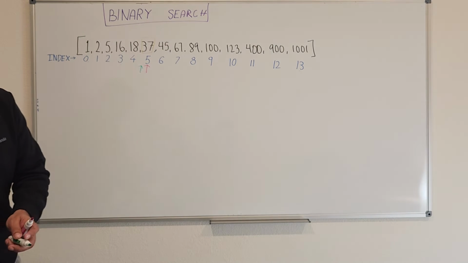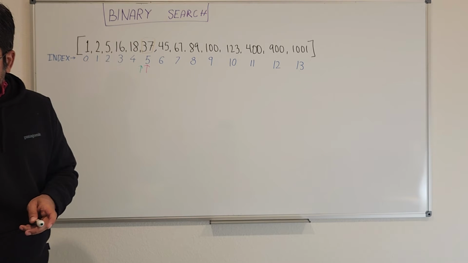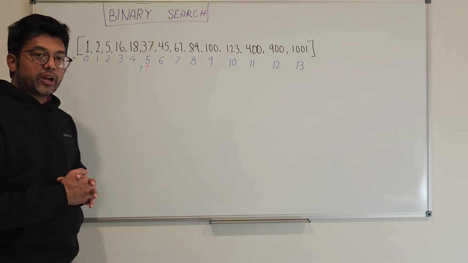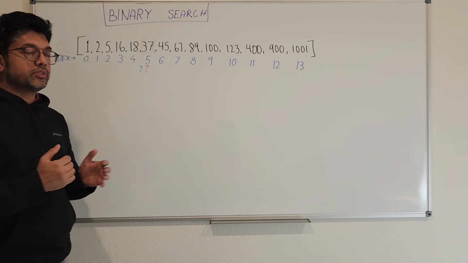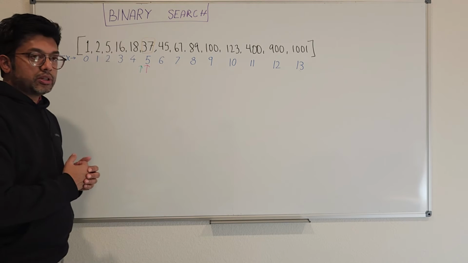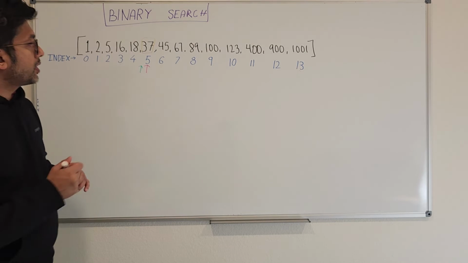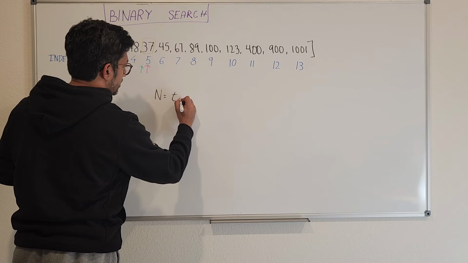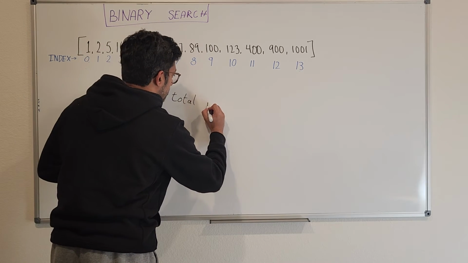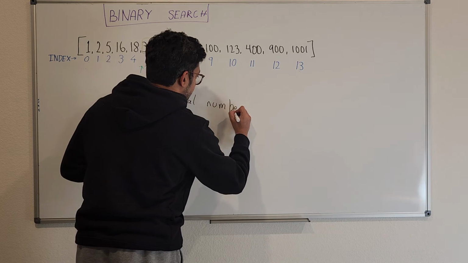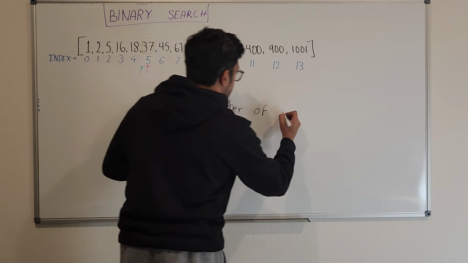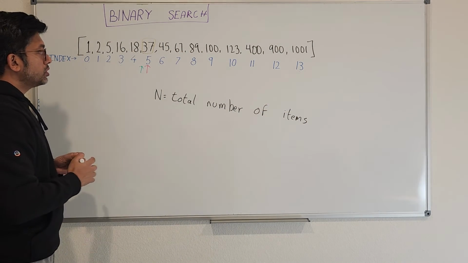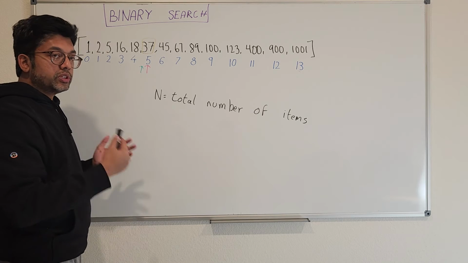So if you're preparing for an interview, they will always ask you about big O of n. So big O is basically the total number of items you have to touch, compared to the size of the array, or compared to the total number of items. So in this case, n is the total number of items. So our first approach, where we had gone brute force through every single item, in the worst case scenario,